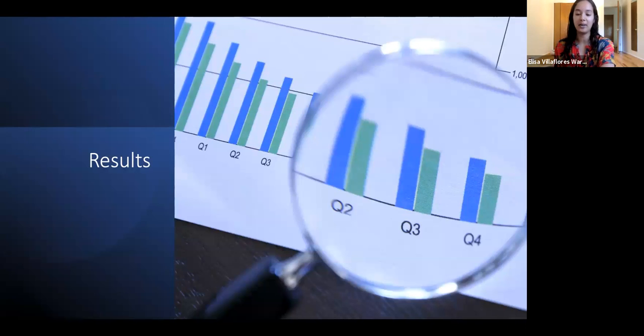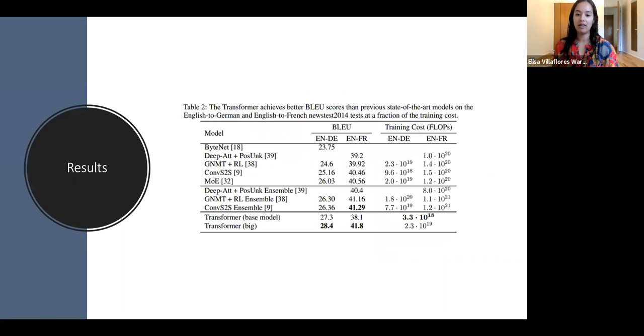So what did they actually do here? They did this challenge where they used the Stanford data set for English to German, English to French, and reverse, and they compared it with several other different NLP models at the time. And what they found is, at least to me, these numbers weren't that impressive. They did better, but they didn't do wildly better. But the number of flops used to train is significantly lower, especially for the accuracy that they got in their BLEU score.